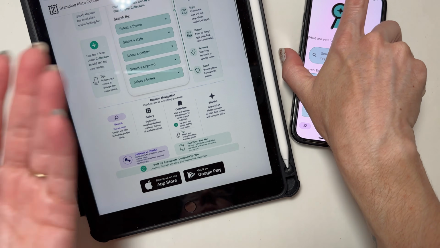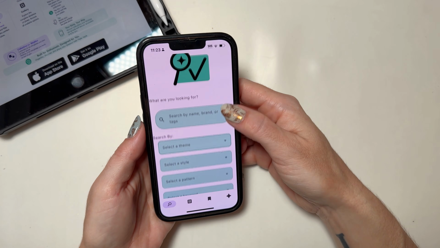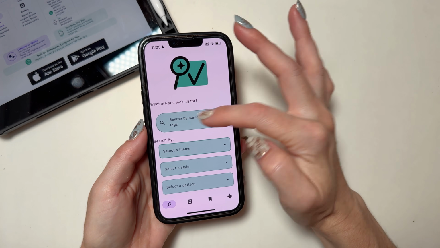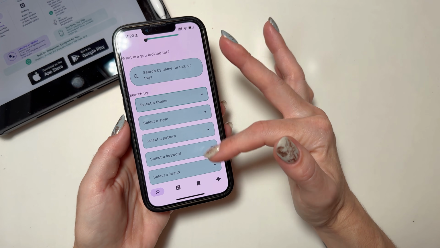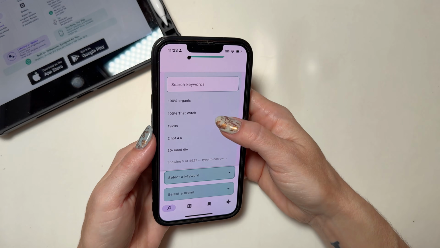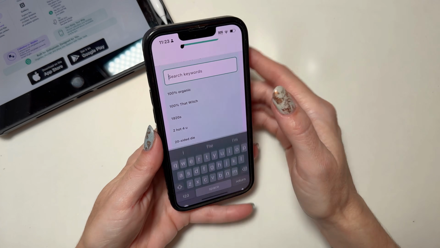So how do we use it? Well, first of all, when you open up the app, you're going to see a few things here. We have a general search engine box here. We can also search by theme, style, pattern, keyword, and brand. So we have a few brands here. We have some keywords here, and once you start typing in here,